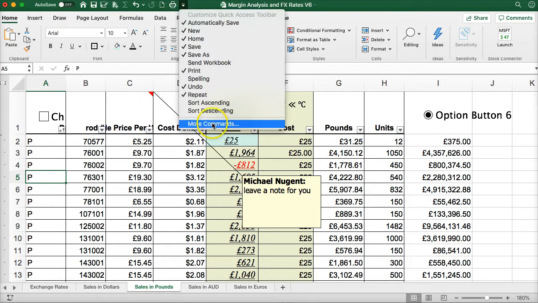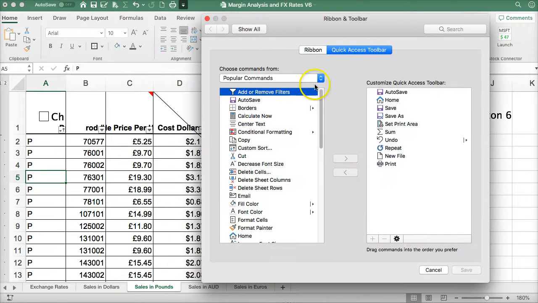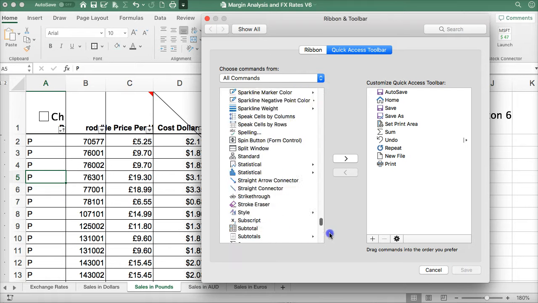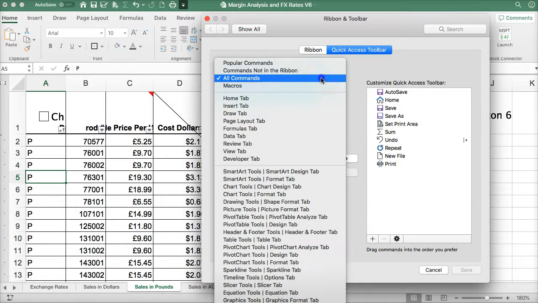But if I pull this down and I say more commands, this will list all of the commands, the popular commands. You could say all commands. So this would list all the commands possible in Excel. And this is my quick toolbar up here. So if I wanted to add any of these commands,